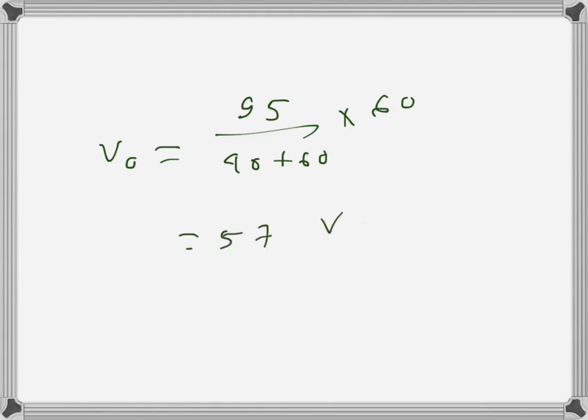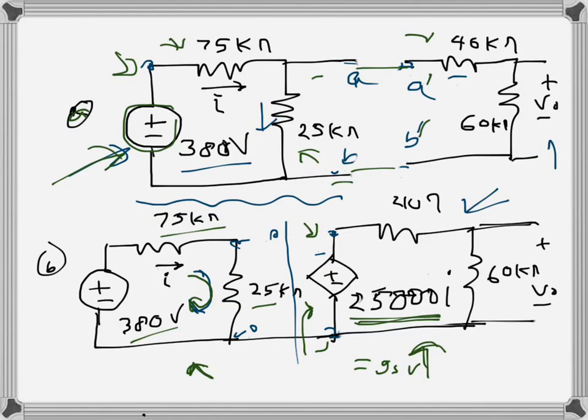So the main reason for doing this problem is seeing how these two circuits are essentially the same, but in the second one these are separated and the direct connection is avoided by the use of a current controlled voltage source. We could have used a voltage controlled voltage source as well, and if it was this voltage, it would be that times just 1, because that's what it would be. So it would be just V0 times 1, like that. So anyway,